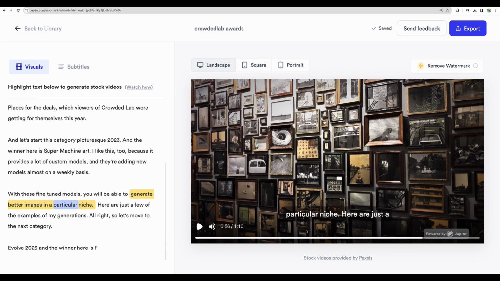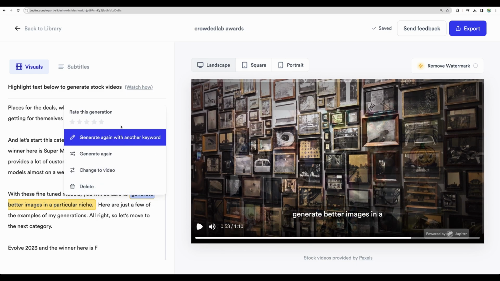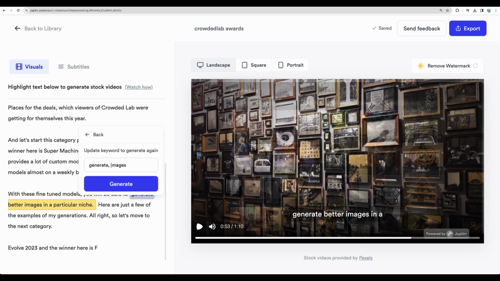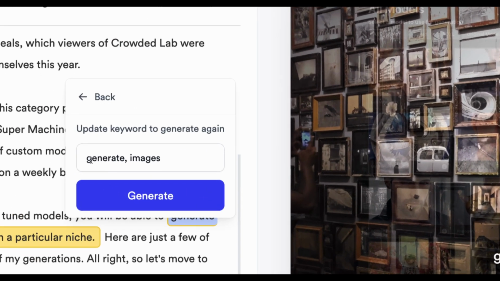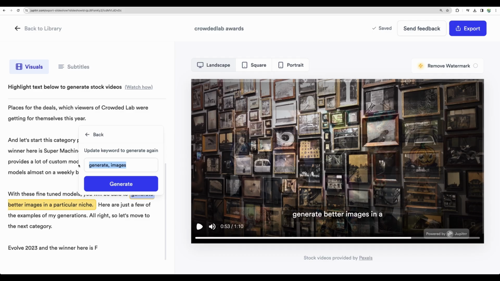So this was a nicely edited image. So I think you can play with it, try to regenerate it. You can generate with another keyword, because it is a very simple one, generate images, but you can add your own here. Just an example, let's replace that with